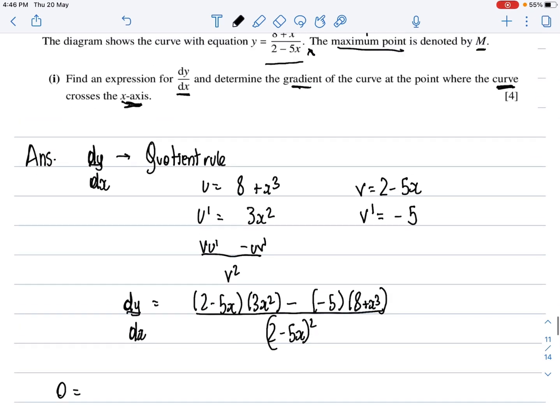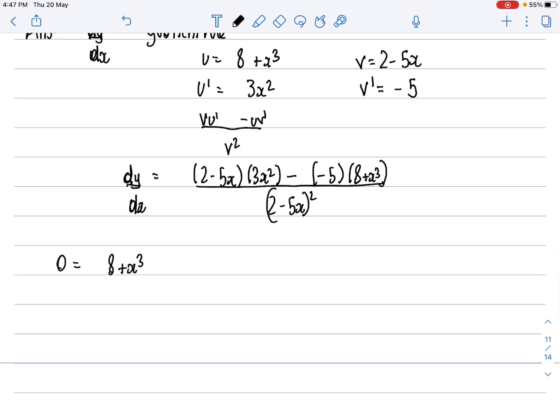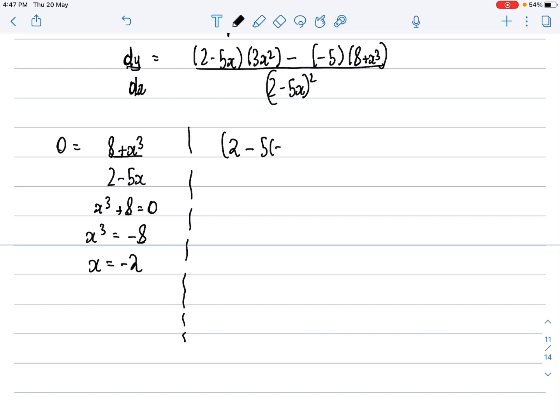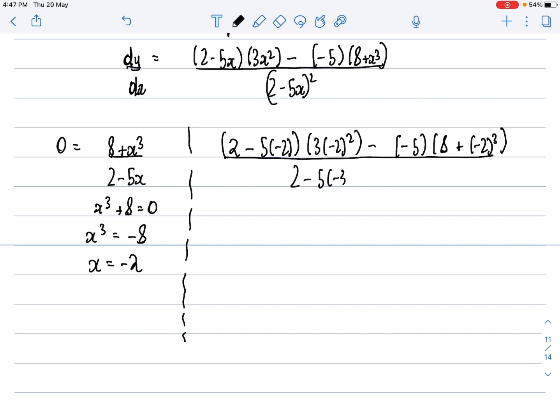So I can say 0 equals (8 plus x cubed) over (2 minus 5x). I can simply write this as x cubed plus 8 equals 0, and x cubed equals minus 8. Taking the cube root of minus 8, I get minus 2. So I know my x is minus 2. Now in this equation I can put x as minus 2: minus 5 into (8 plus (minus 2) the whole cubed) over (2 minus 5 into minus 2)